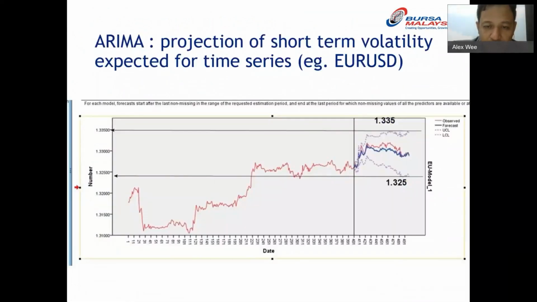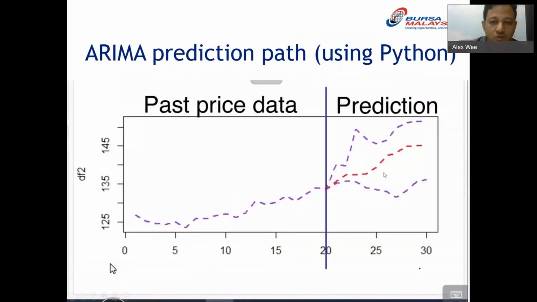R is that with the past 500 data, you try to project the next 20 data, or the next 20 days. What is the lower limit, what is the upper limit? So if you touch the lower limit, there is 95% chance it will rebound up. If you touch the upper limit, there's 95% chance it will rebound down, and you actually forecast a path. Whether the path is the same as the actual, we do not know. But to me, I find the upper and lower limit quite useful.